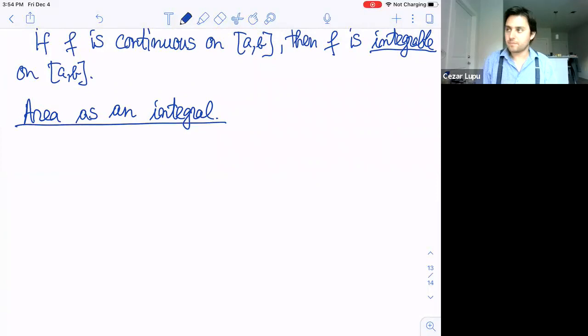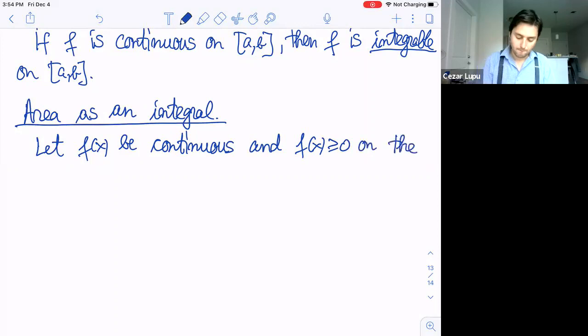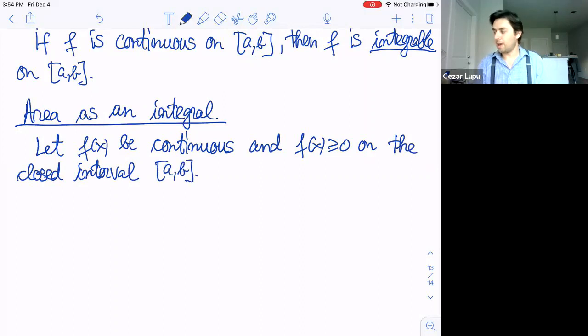So let f of x be continuous, and let's say f of x is greater than or equal to 0, so it's non-negative on the closed interval AB. Then the area under the curve